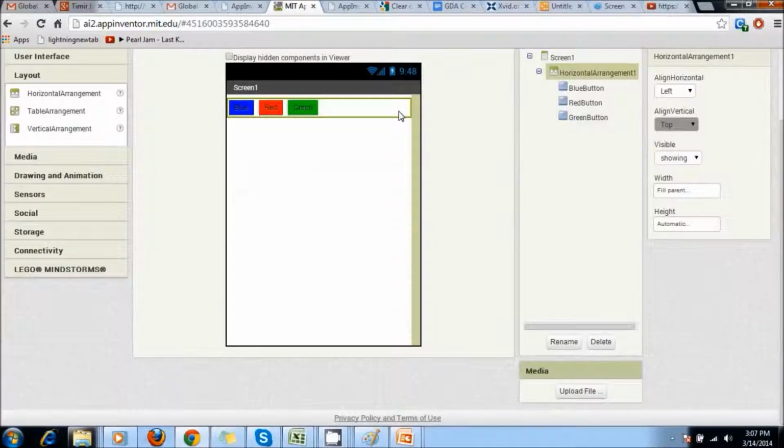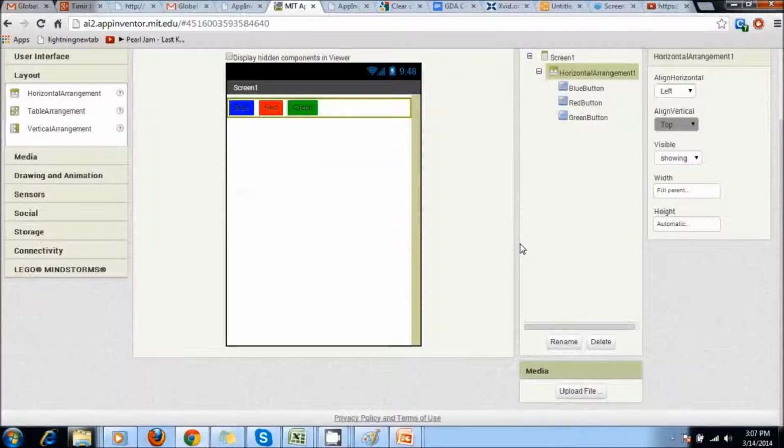And what you'll see here is that all the components, the blue, red and the green button, are now within the component of the horizontal arrangement. So it's going to show you that these are the sub-components of the horizontal arrangement component. You can also change the name of this component if you wish to, but it's not necessary right now.